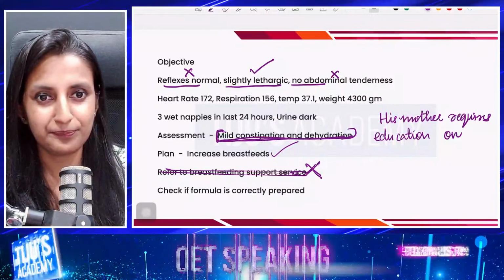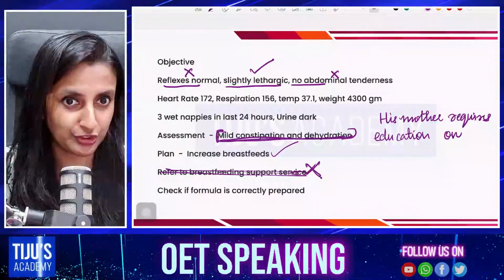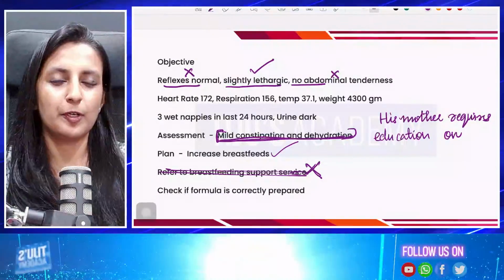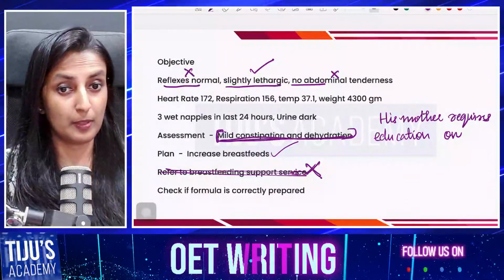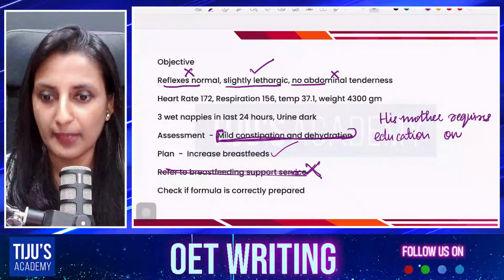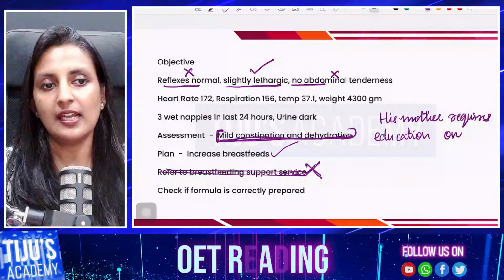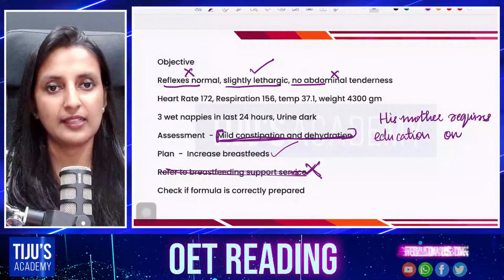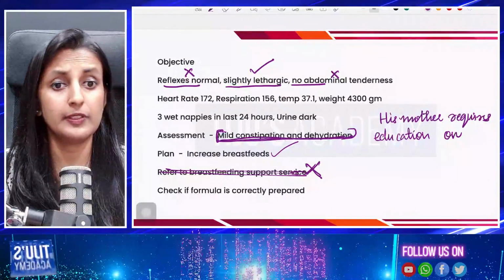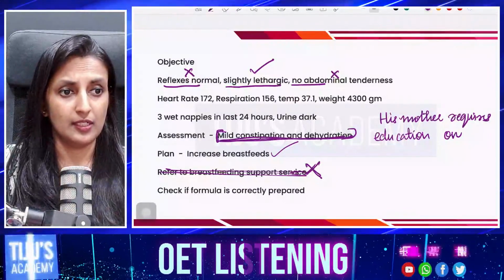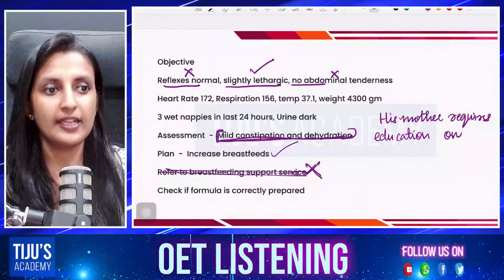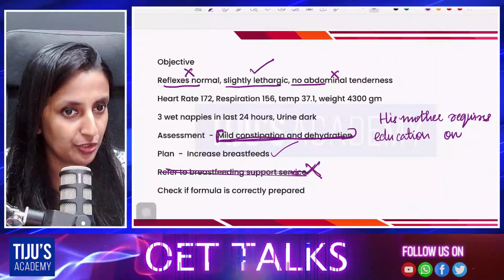Is it clear? This is how we have to write an introduction where the patient is person one and the purpose is for someone else. If the purpose is for someone else, how should we write it? I am writing to refer the patient, then connect the condition there. And the second line, his mother. Here it is mother. If it is his father, you can write his father. For sister or siblings, whoever it is, write the relation there. His mother requires education on.